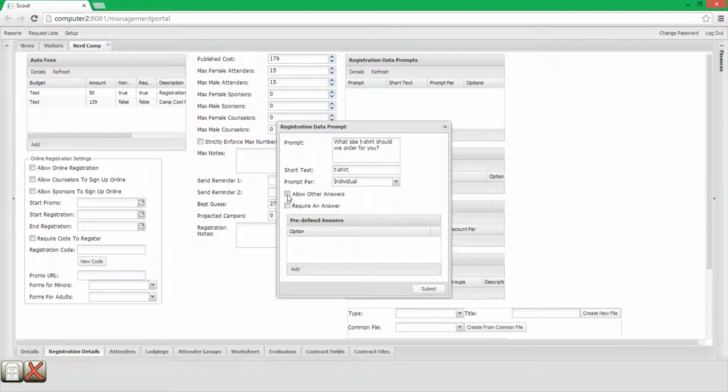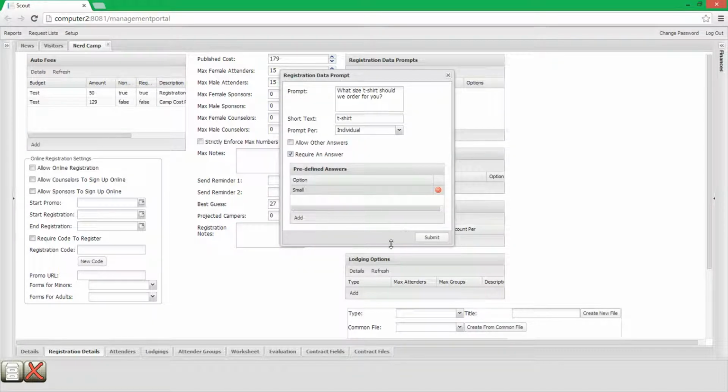If you want them to be able to type in their own answer, then you can allow other answers. And if you want to require that they give an answer, you need to check require an answer. I'm going to require an answer, but I'm not going to let them put in their own answers. I'm going to click add, and I'm just going to type in right here the answers that I want to give them. So I'm going to say small for one of them. Let me move this up a little bit. Add. So I have small, medium,